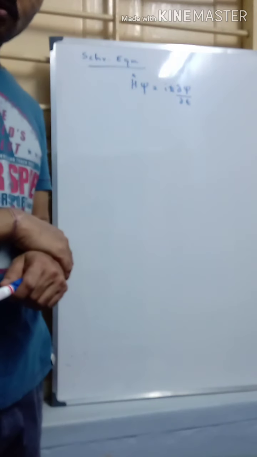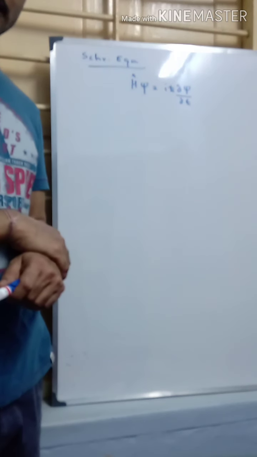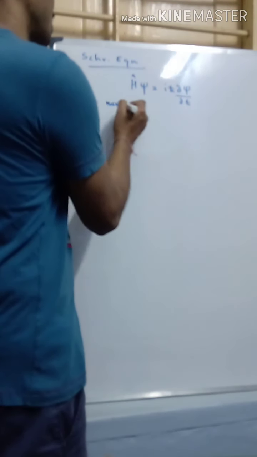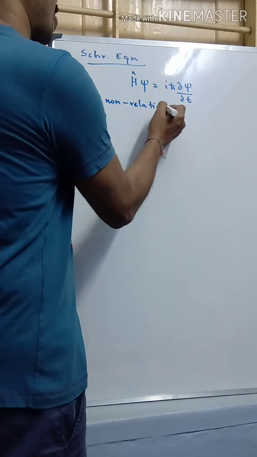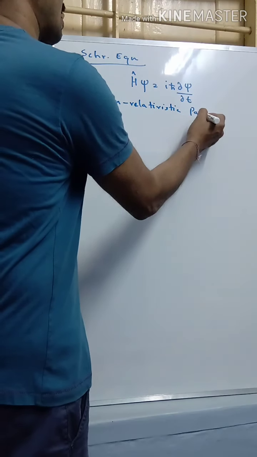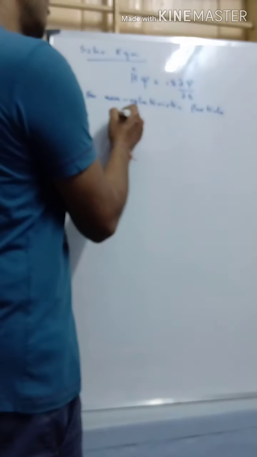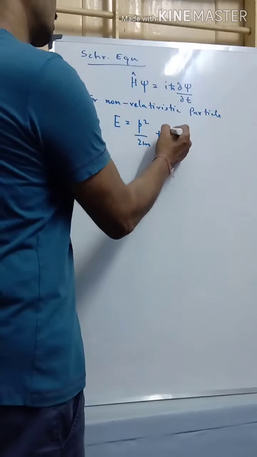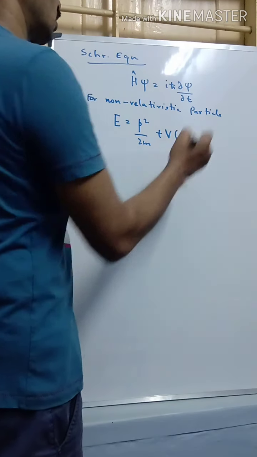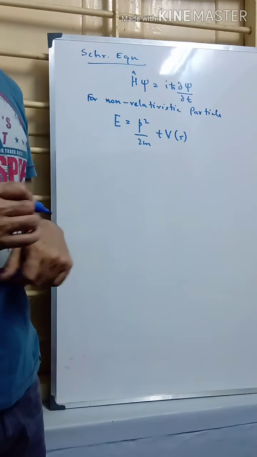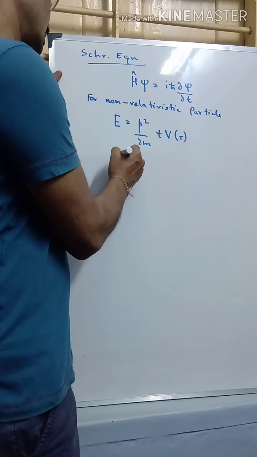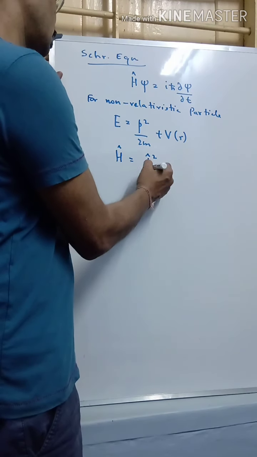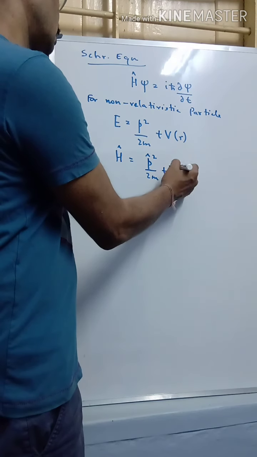And if we want to write the Schrodinger equation for a non-relativistic particle, the starting point is the energy, which is given by p square by 2m plus V, which could be a function of r, where p is the momentum. So we can equivalently write the corresponding Hamiltonian operator as p cap square by 2m plus V cap